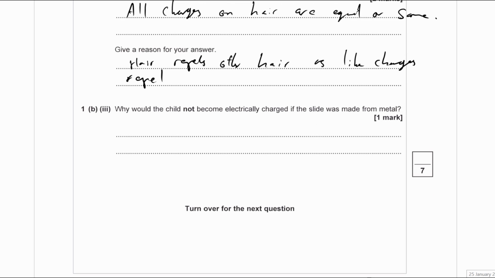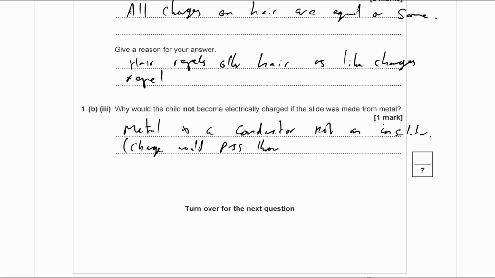Now, B part 3 says, why would the child not become electrically charged if the slide was made of metal? Now, for static electricity, we need two things to rub together, which are insulators, okay? But metal is a conductor, not an insulator. Okay, static means staying where it is, right? So on an insulator, the charge can stay where it is, whereas on a conductor, the charge will move through the metal, right? So I'm going to put in brackets here, charge would pass through the metal